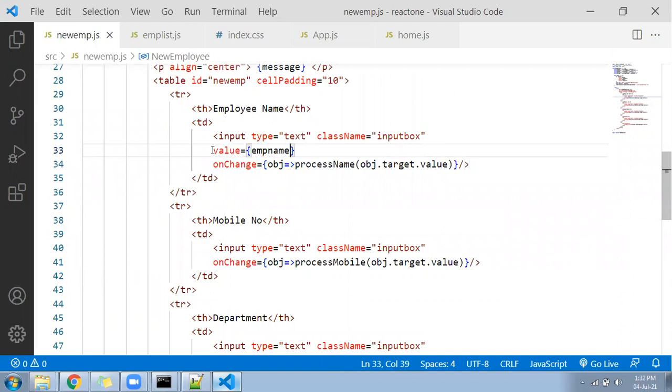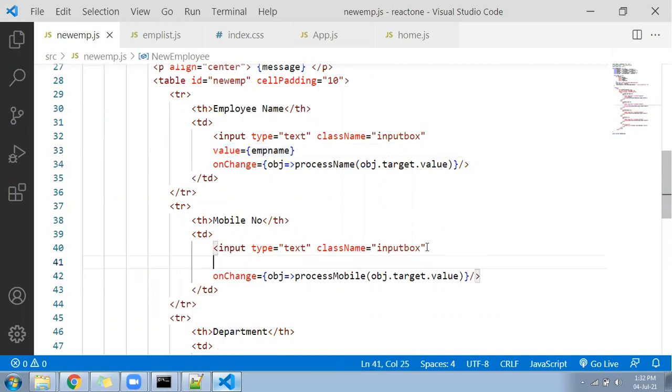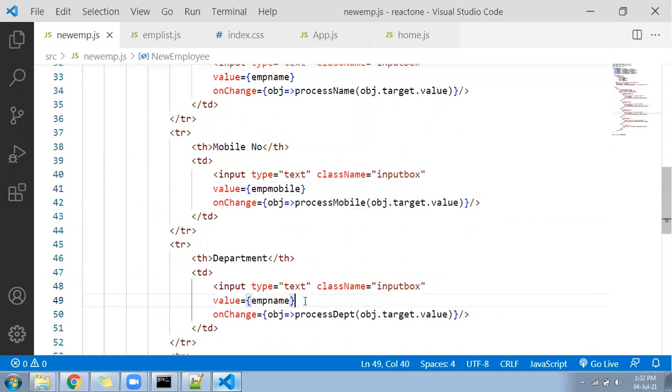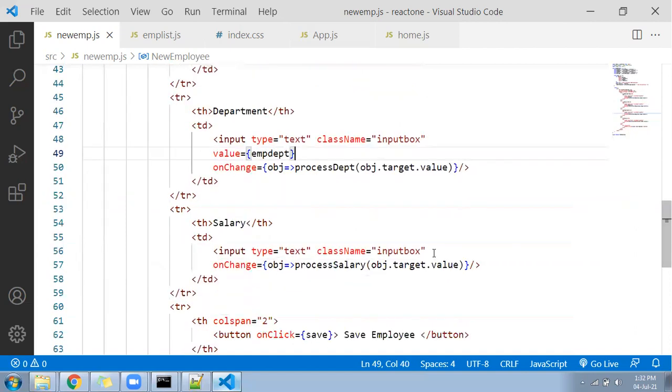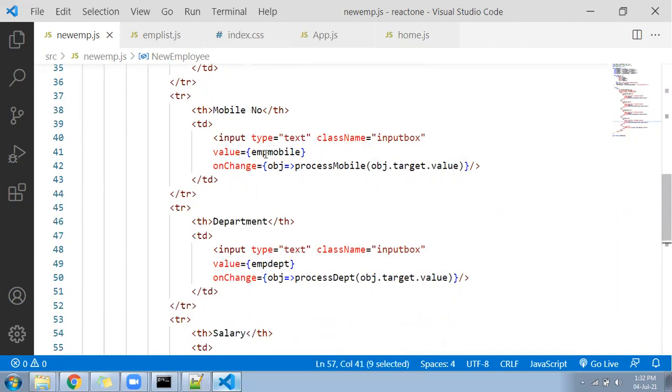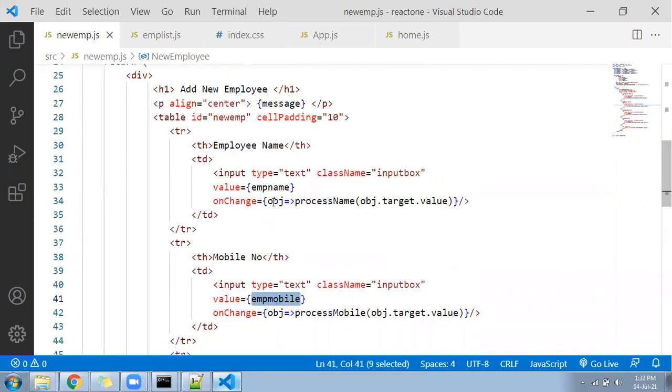So the variable I'm calling here is emp name, then I'm calling emp mobile, and then I'll call emp department, dept, in the value property. All I'm calling through the value property is emp dept. Next I'm going to call emp salary, emp salary, right? I added here. So what I did, the same variable I called inside the HTML, I am binding through the value property.